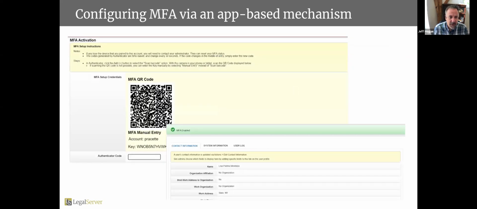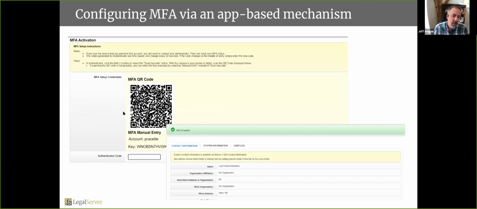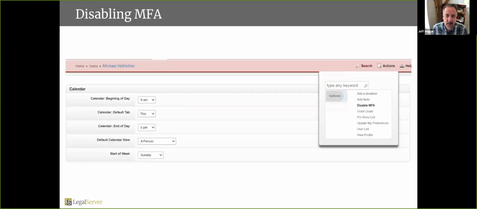If they use the phone version, it's the same thing, although there is a little hint here that it is possible for them. All of the phone authenticator apps, and I realize I feel like I'm making it more confusing, let you either take a picture of this, or you'll notice there's a little key down here. If the person just can't figure out taking a picture of the thing with their phone, they can just type that key in their mobile authenticator app, that long series of numbers and letters, and it will do the same thing, sync it up, and start providing temporary one-time passwords as a third factor.